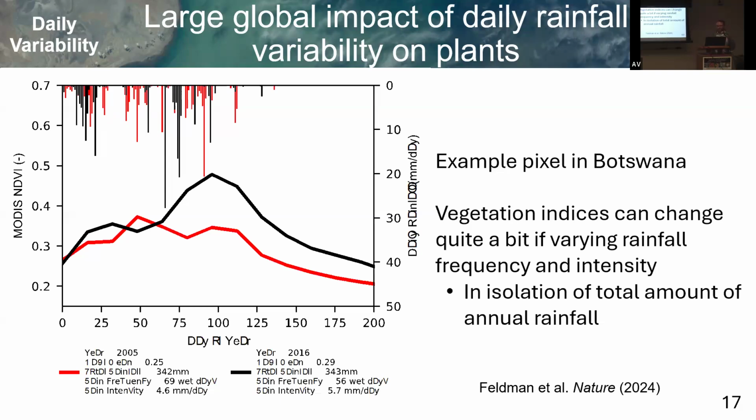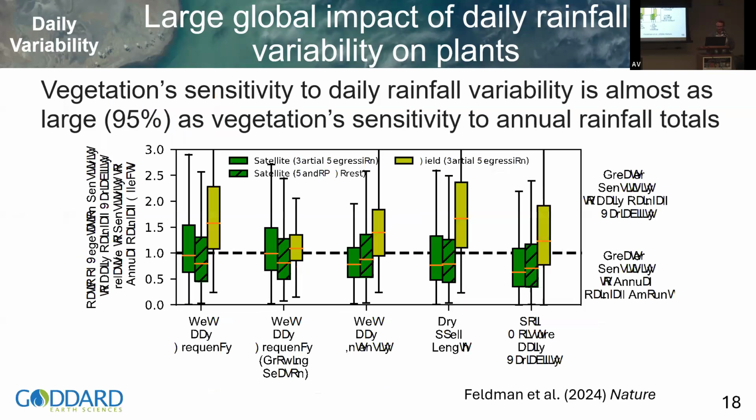So that's a kind of conceptual example to help you think about this. And I'm sorry, I should have known we were converting to a PC, but this figure is very simply showing that I was expecting values of 0 here. This is normalizing the effect of daily rainfall variability on vegetation functioning. I was expecting all of these guys to be down here at 0, meaning that daily rainfall variability didn't really